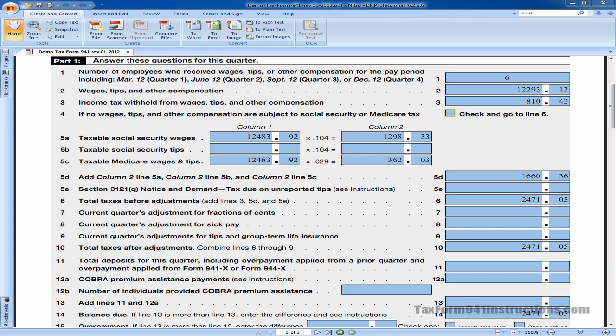Here's how the calculation works. Enter the total amount of wages before any deductions. This would be the gross amount. Now multiply the total amount of wages by the Social Security rate on taxable wages, which for the year 2012 is